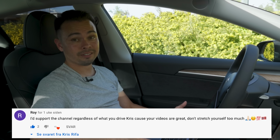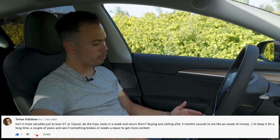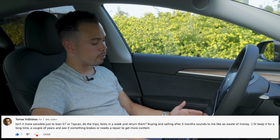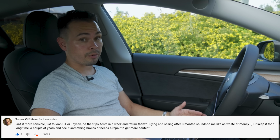I can't wait. Isn't it more sensible to just loan a GT or Taycan, do the trips, test in a week, and return them? Buying and selling after 3 months sounds to me like a waste of money. Or keep it for a long time, a couple of years, and see if something breaks or needs repair to get more content. Okay, so I'm able to do like a week loan on these press cars, maybe a little bit longer when